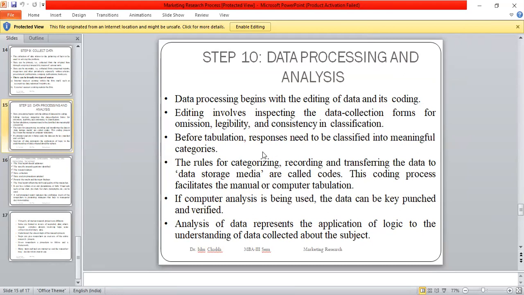Analysis of data represents the application of logic to understand the data collected about the subject. For example, I asked some consumers, do you think if I decrease my price, the sales volume of my product can be increased? Some of them answered yes. Some of them answered no. That means I have two answers, yes and no. But how to frame this yes and no? You have to code this data. Let's suppose